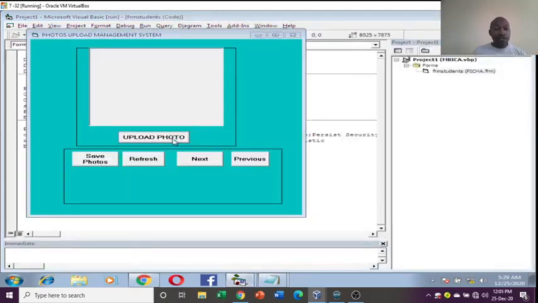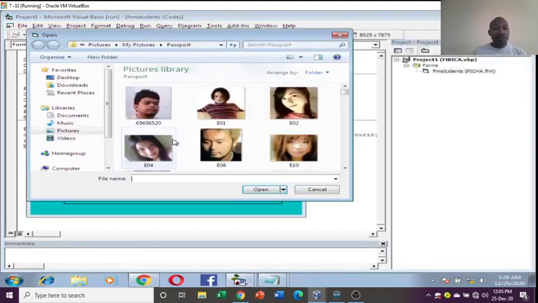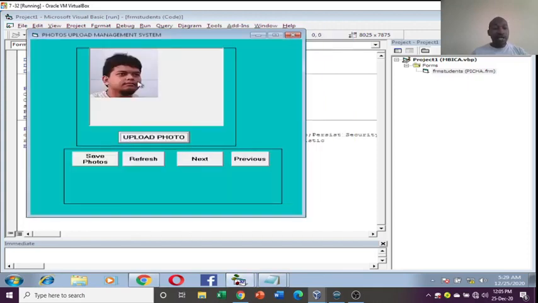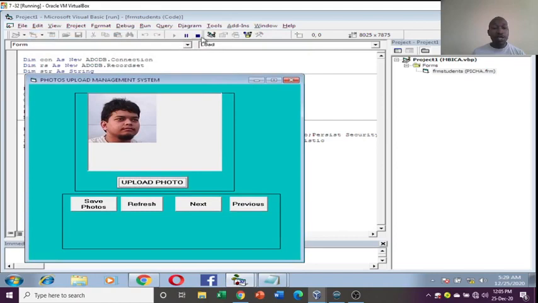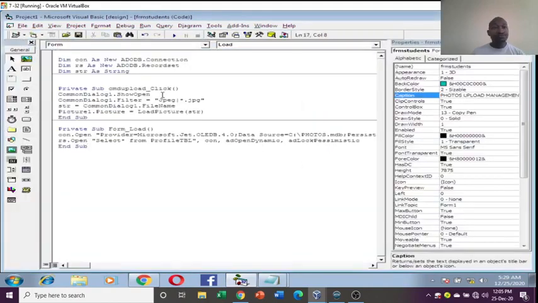Therefore, when you click on this one, you see now it is heading to where our photos are, and then I can be in a position now to upload a photo. But still, these photos cannot be saved since we have not coded for the buttons, and therefore we stop that. Then we go to